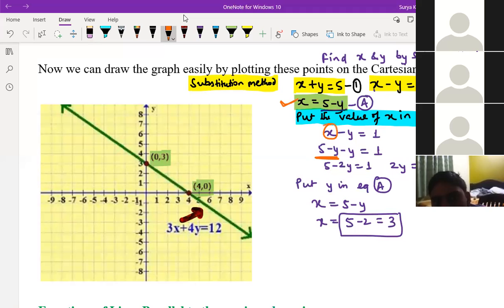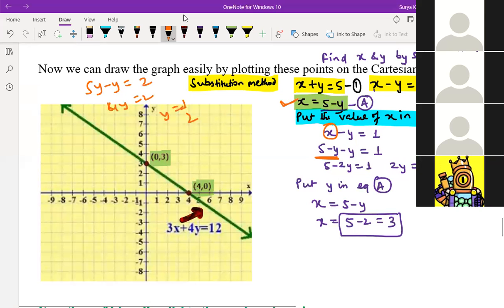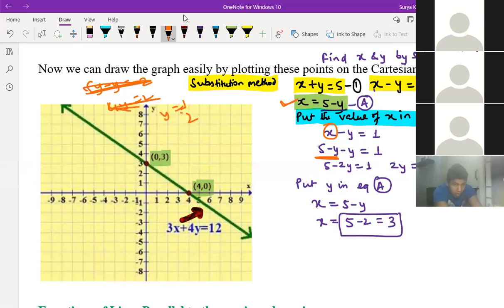And why did we do this, Sai Charan? Because if there is only one variable, suppose 5y minus y is equal to 2 is there, you can solve easily. 4y is equal to 2, y is equal to 1 by 2, correct? But if the same equation is there in x and y form, 5x minus y is equal to 2, what will you do? You can't solve. There are infinitely many solutions. You can't solve this, right? Yes, sir. That's why we are making only one variable over there. Understood or not?